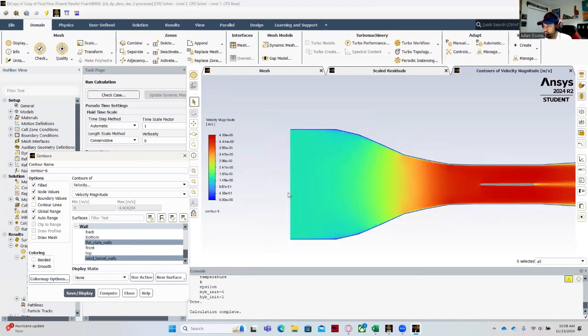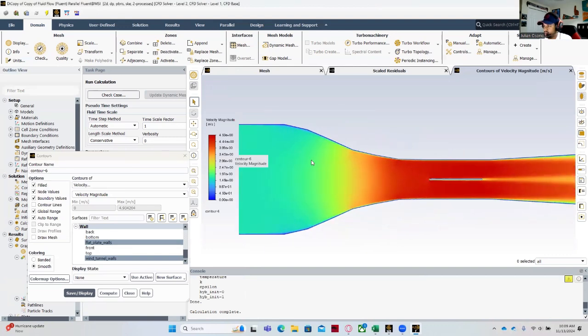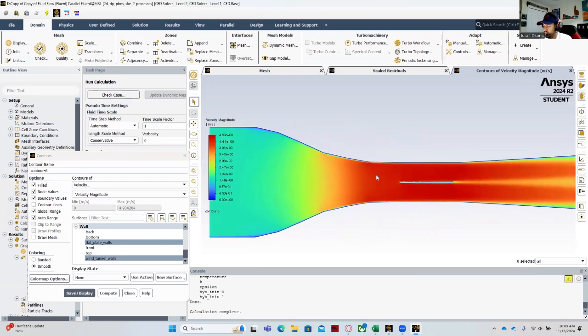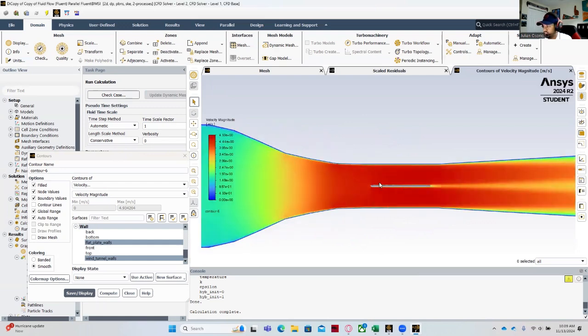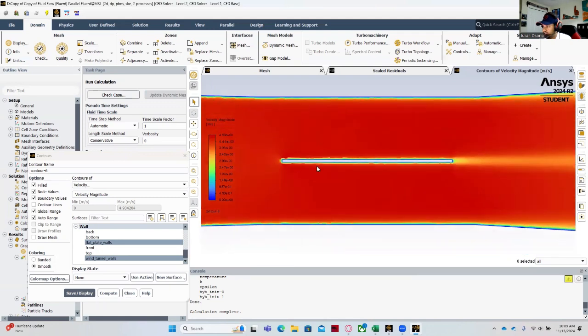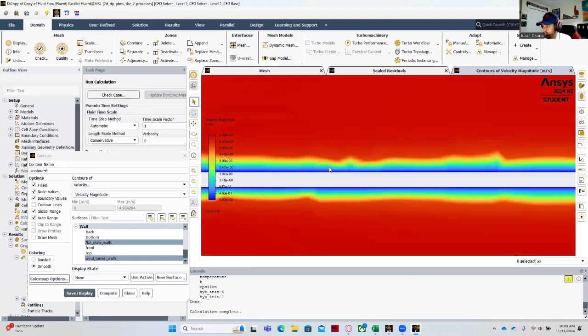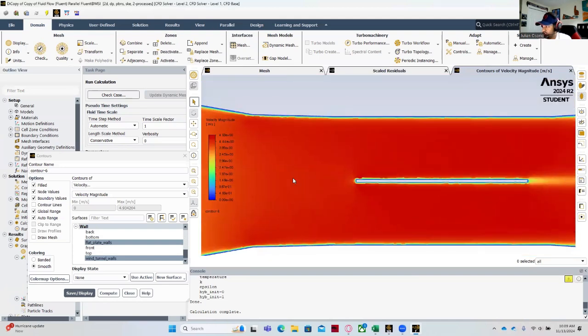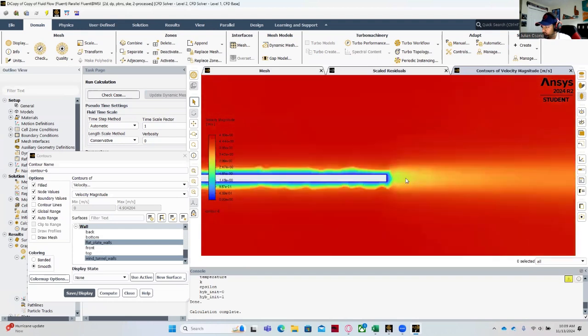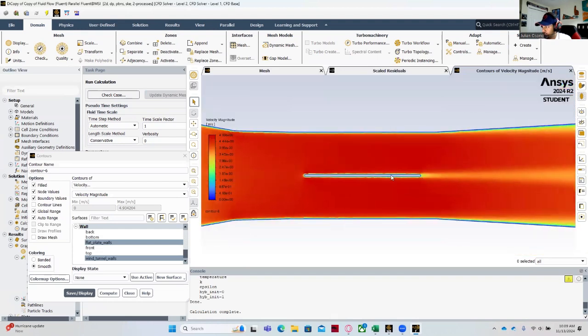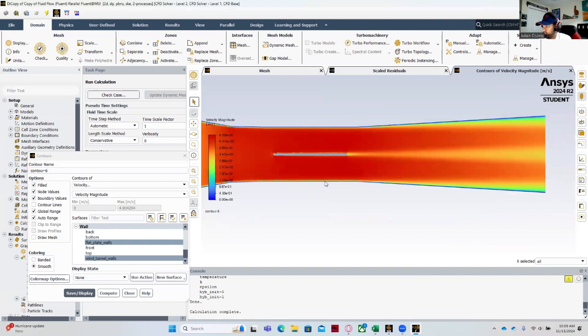As you can see, the velocity at the inlet is lower, but as we get closer to the test section, the velocity increases, and then you can see the effect that the flat plate has on the velocity at the surface layer as it gets further from the surface of the flat plate. And then we can see the effect of the wake region behind the flat plate and how it affects the rest of the velocity as it goes through the wind tunnel. We'll close